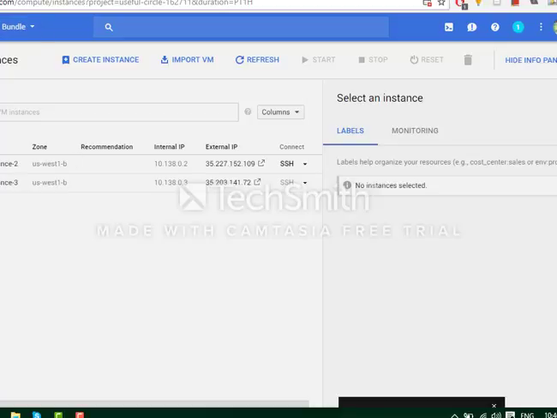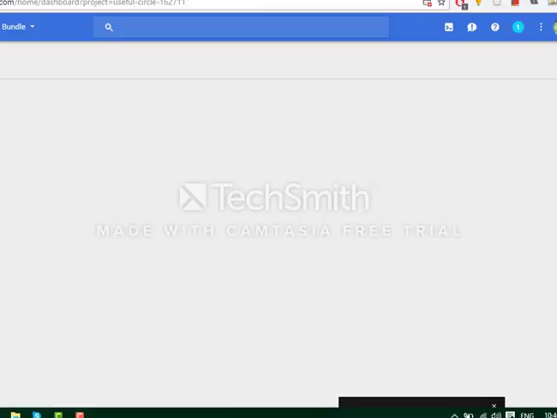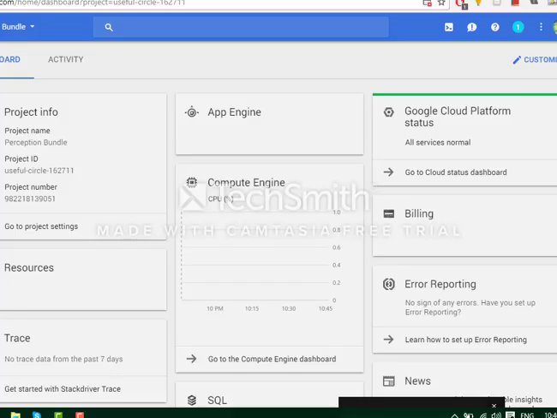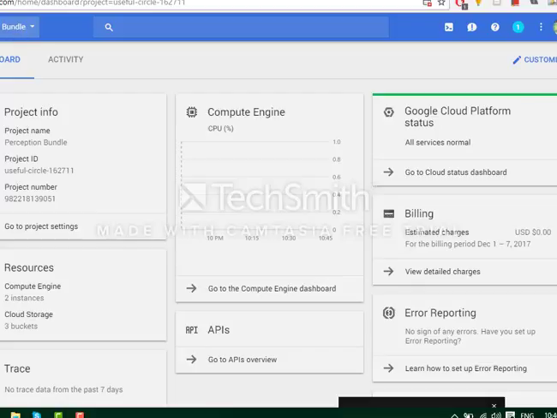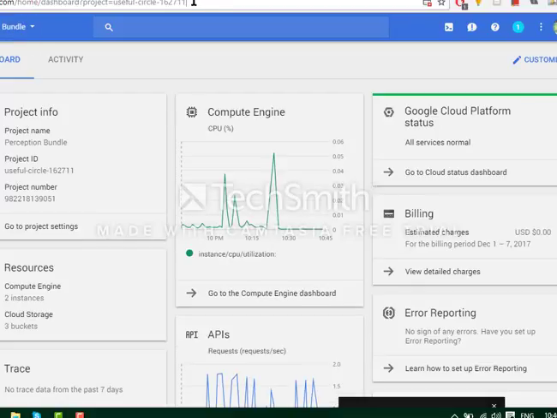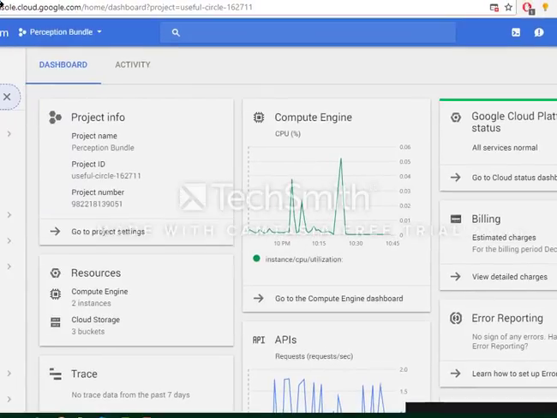So actually, this is our Google Cloud platform, and here there are two instances already created. Give me a sec, I will be loading. Okay, this is our Google Cloud platform, and once you go to your console, once again,